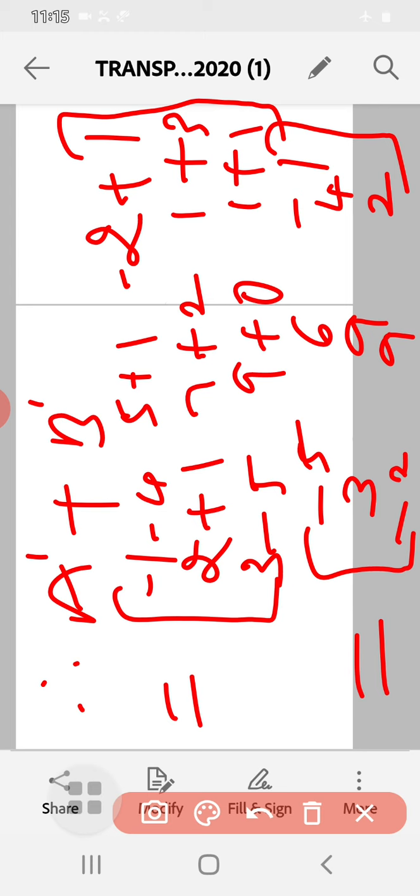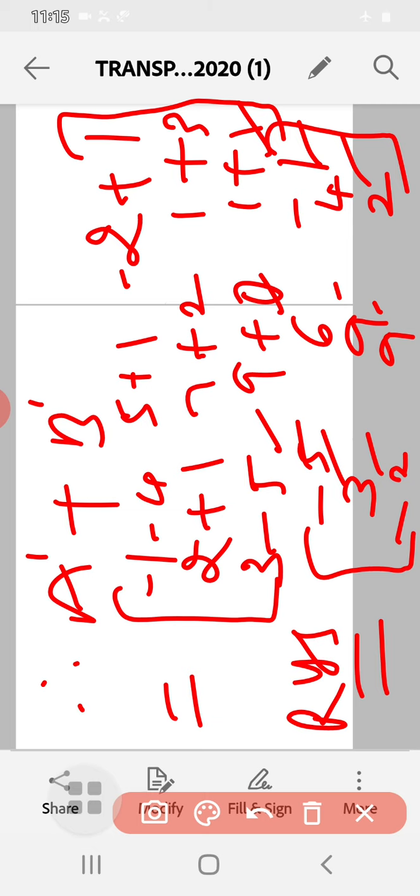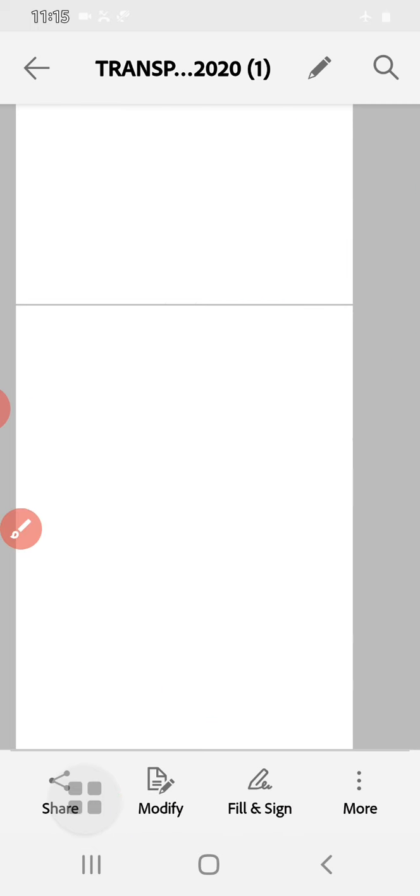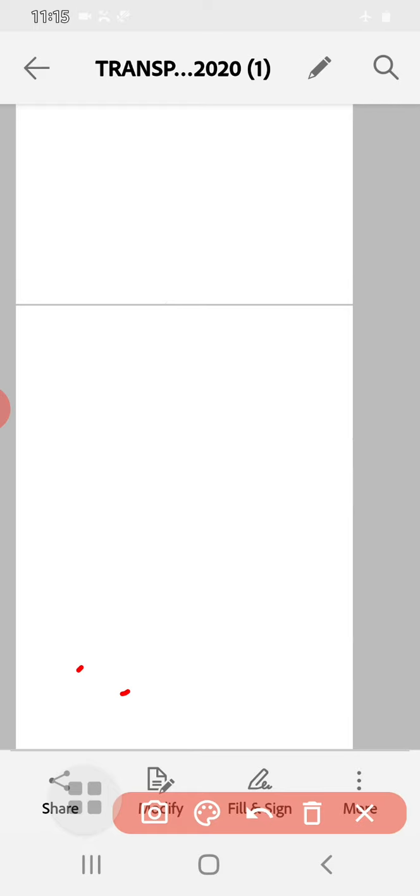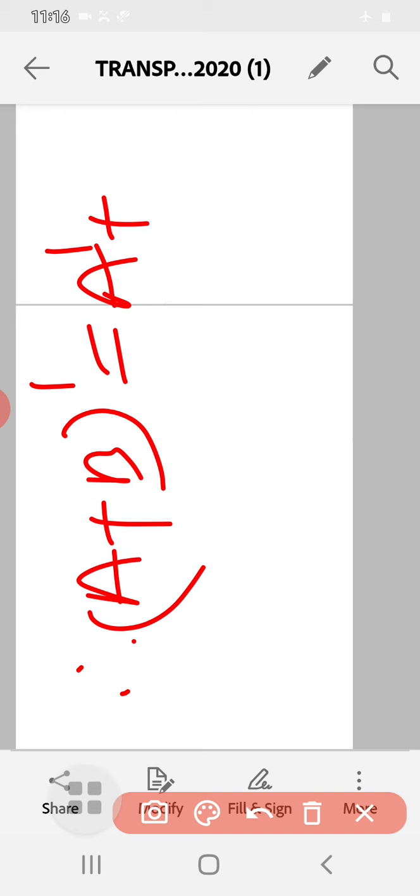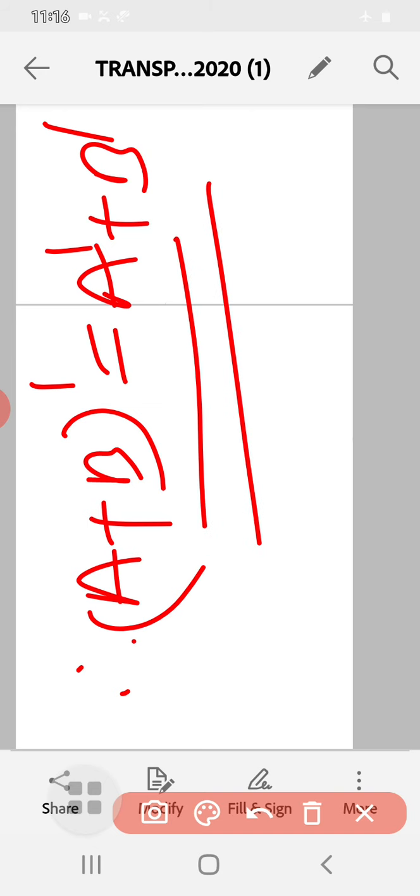A dash plus B dash. So here, what was our LHS? That is A plus B whole dash. So A plus B whole dash was minus 5 6 minus 1 3 9 4 minus 2 9 2. So compare RHS and LHS. So this is our RHS. So comparing both of these, what we can write? Therefore A plus B whole dash is equal to A dash plus B dash. So in this way we can verify the property.